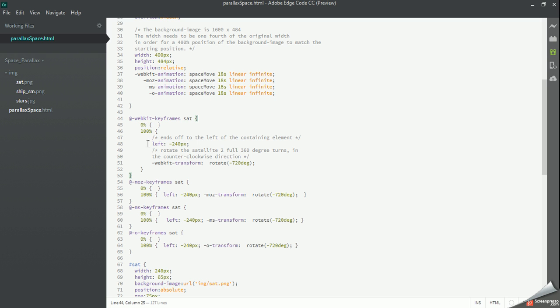So we start at 0%, we go to 100%. At 0%, there's no parameters in the open and closed curly brace, so we want it to start normally. We don't want anything to change. But at 100%, that's when we're changing where its location is, and we're changing how it's rotating. Now, you can change how many times it rotates by multiplying 360 degrees by however many times you want it